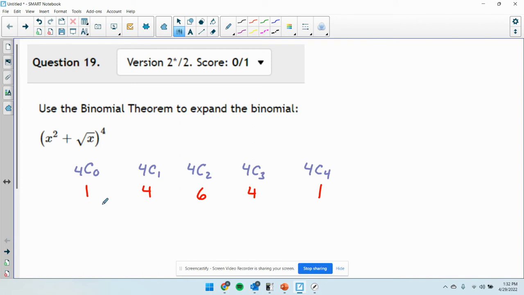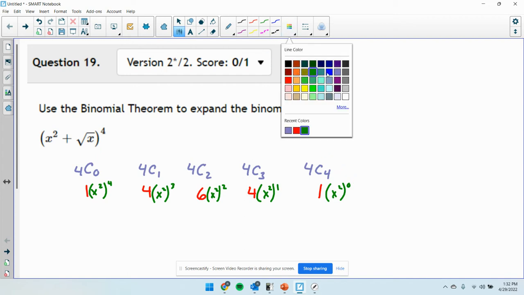And then I know that I'm going to start here with, I'm going to write this in a kind of strange manner. I'll simplify it in a second. But it's going to be this first thing to the fourth power, and then descending powers of that down to 0. So I'll start with x squared to the fourth power. I really should space these out better. X squared to the third power, x squared to the second power, x squared to the first power, x squared to the 0 power. And then I'll do the reverse with the other